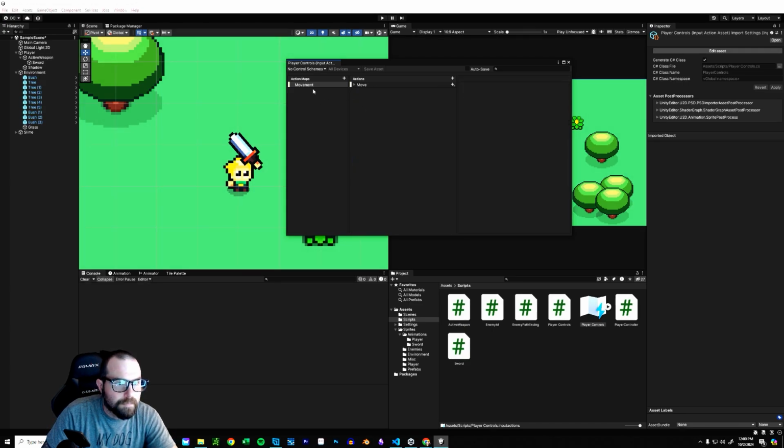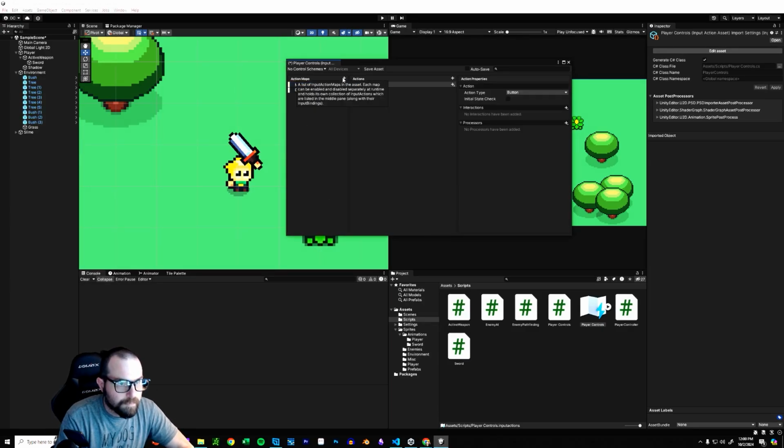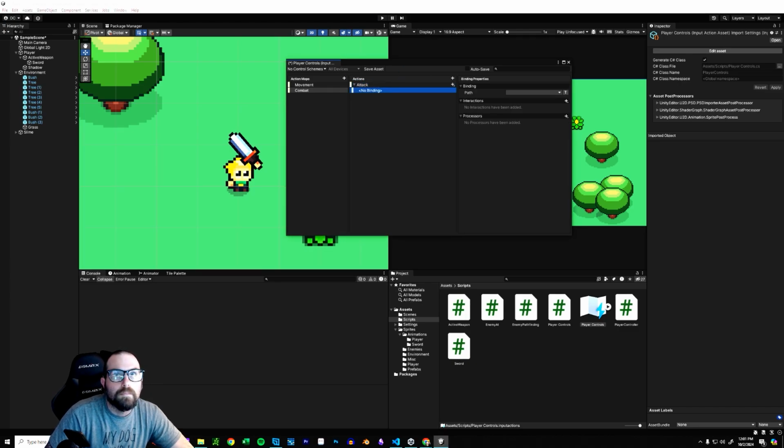And in our binding, we can just set that as the left click mouse button. I think it's, how do you click it? Mouse, left button, mouse. Perfect, there it is. Make sure this attack is set to button. Yep, and that's it. Gonna go ahead and save the asset to update our player controls class that we don't